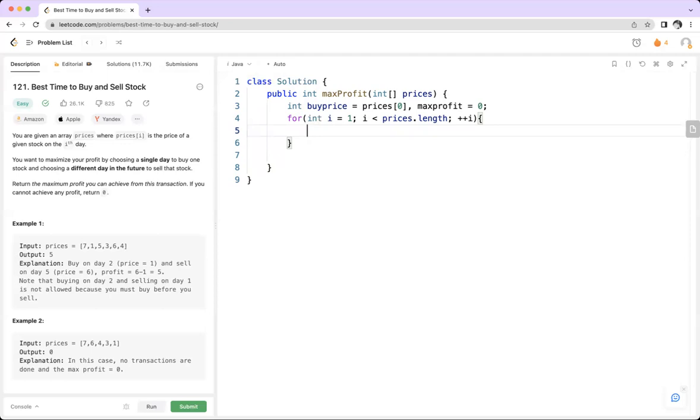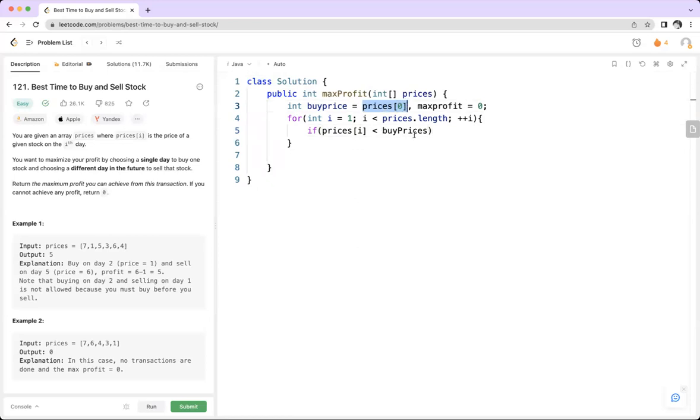So for prices[i], i could take values from 1 to prices.length minus 1, and if any of those prices are less than the 0th value, which initially is holding the buy price,